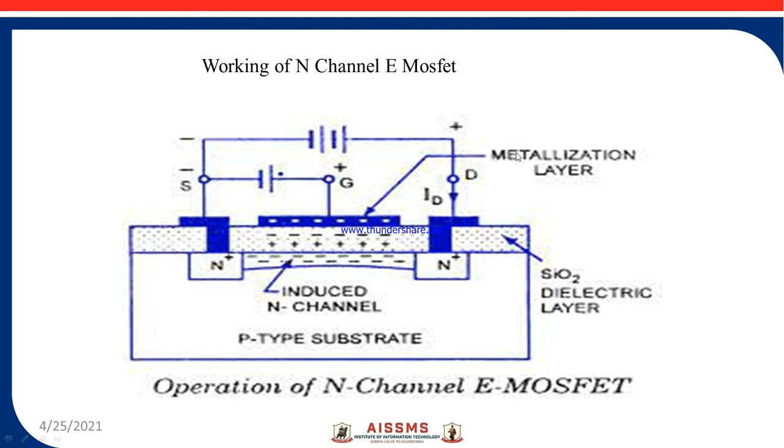Initially the drain current will be equal to 0, and after some time it enhances, that is, it will increase, and hence the name enhancement MOSFET. Next, the eMOSFET operates in enhancement mode only, that is only the conduction mode, and there is no depletion mode. That means there will be no reduction in the channel, or the path for the flow of charge carriers. There is no physical channel between this N-type source and N-type drain.